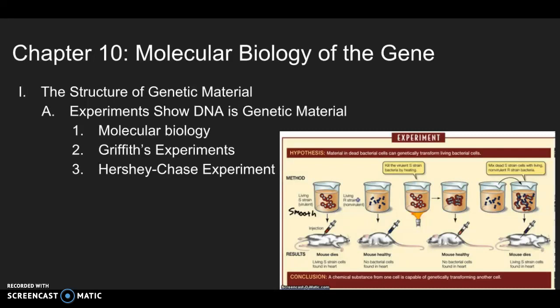What he did was, say he had one mouse and he would inject it with a rough strain that was non-virulent, this mouse would live. But then if he were to inject another mouse with a smooth strain that was virulent, the mouse would die. By doing this, he was able to prove that the genetic material of the virus would be passed down to the mice, and it would ultimately combine with the DNA and genetic material of the mice, leading it to